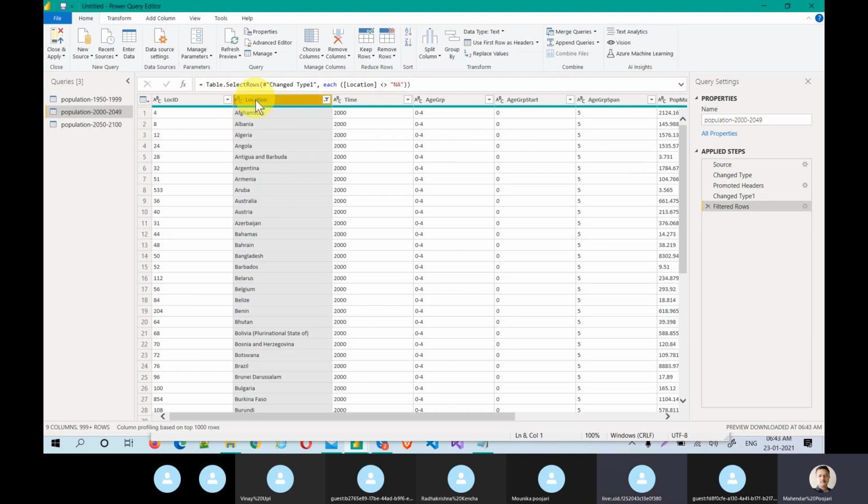When you apply one operation on one column, it happens for all the rows. This is a column, these are the rows. So if I remove that NA from my location, all those rows are deleted. Any questions here? No need to be confused. I might have gone a little fast, but it should be clear for everybody. If not, let me know.